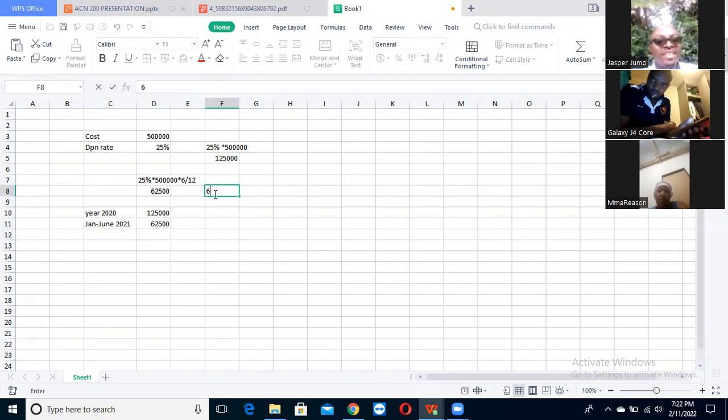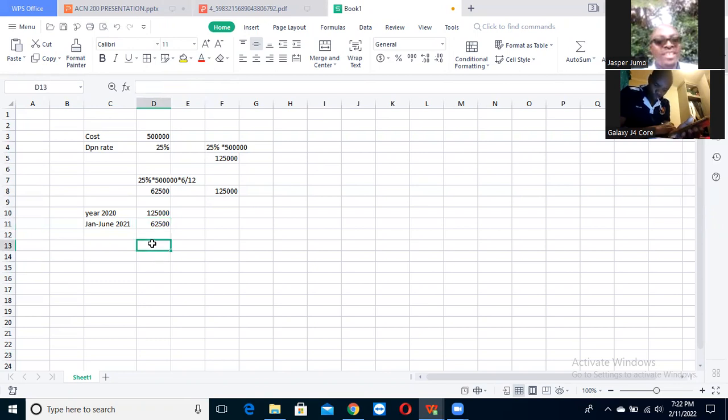And therefore, if we say 62,500 multiplied by 2, which is the number of 6 months that we have, 2 6 months in a year, the first 6 months, January to June, and then the last 6 months, July to December. If we multiply it by 2, we'll find the total depreciation for the year, which is 125,000, the one that we found here on top. So it's only a matter of apportioning. That portion which belongs to the first 6 months is what we were asked by the question